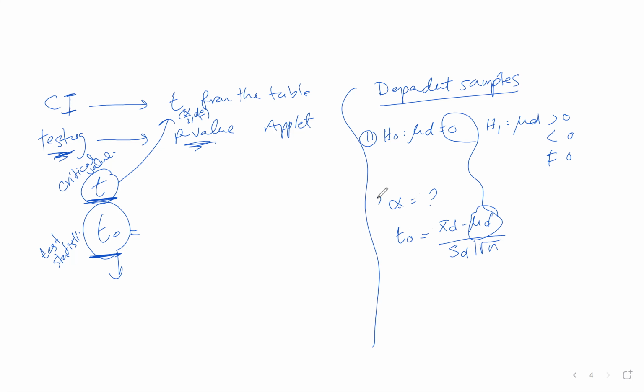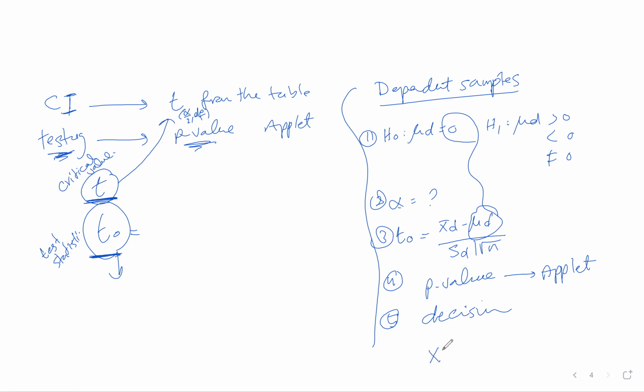This is step number 1, step number 2, step number 3, step number 4: you find the p-value using the applet. And the last step, you take a decision based on comparing the p-value to alpha. Step number 4 to step number 2. So this is the test of hypothesis for the dependent case, but we didn't cover the confidence interval for the dependent samples. For the independent case, we covered the confidence interval and test of hypothesis. But if you'd like to have it, it's fine.